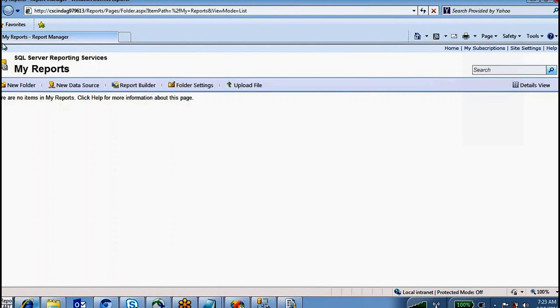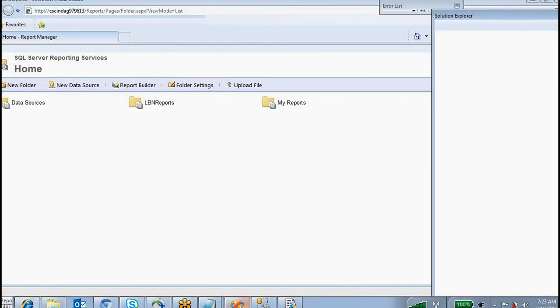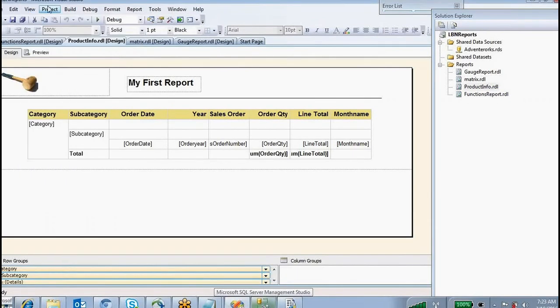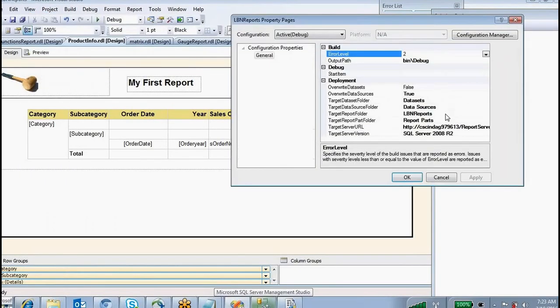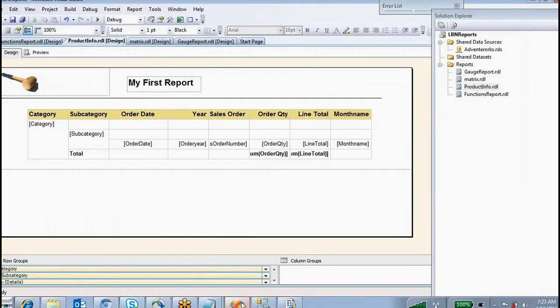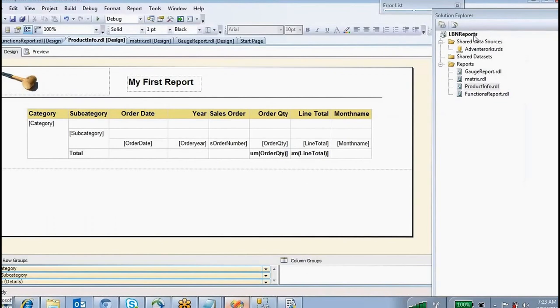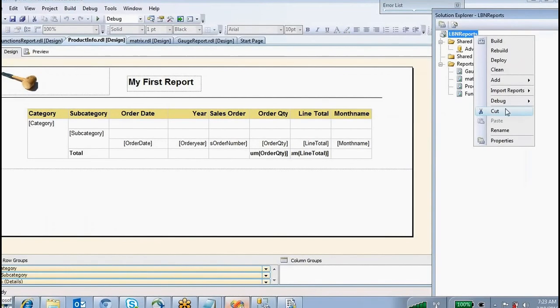In this folder I don't have any reports right now. So going forward, if you want to deploy reports into that particular folder, you just go to the project properties, and whenever you are deploying, what is your target folder for the reports? I want to use my reports folder.